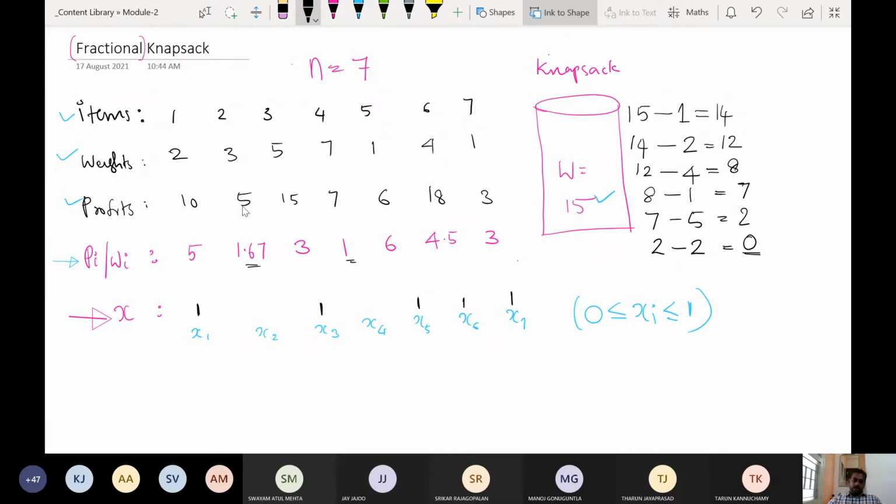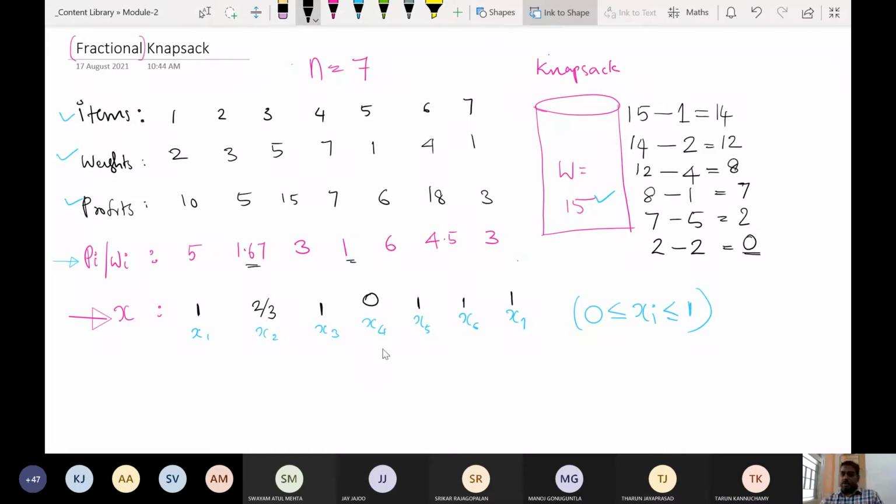So I just select 2 kilograms out of the 3 kilograms of item number 2. What is the ratio? It is 2 by 3. I have selected 2 on 3. The total available was 3, but since my knapsack had capacity only 2, I chose 2. So this will be 2 by 3 of item number 2 selected. Now, is there any vacancy in my knapsack? No. So how much of item number 4 can I include? 0. I cannot include X4, so the value of X4 should be equal to 0.